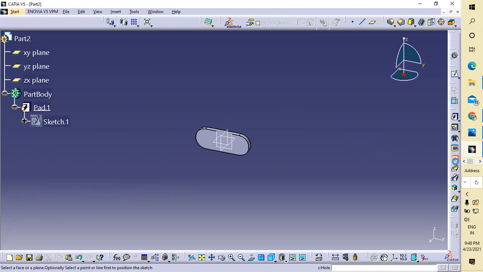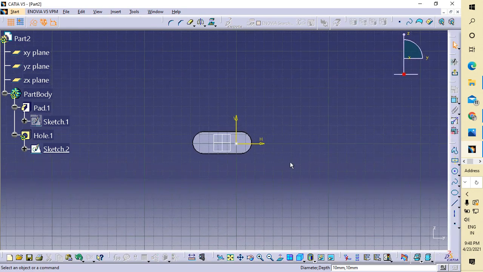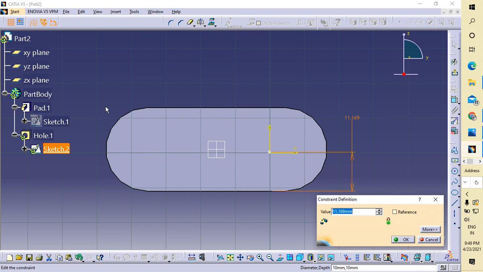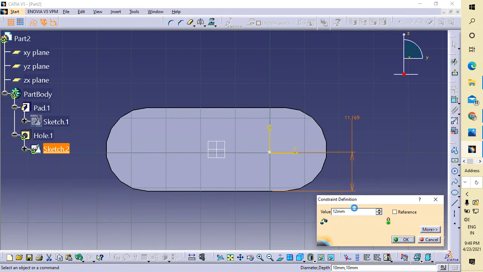Now you have to make the hole. Select this surface, on this surface you want the hole. Now go to Positioning Sketch and select it. Okay, it is not the right way. I want the distance from here to here, how much is it? It is 24, so I want 12.